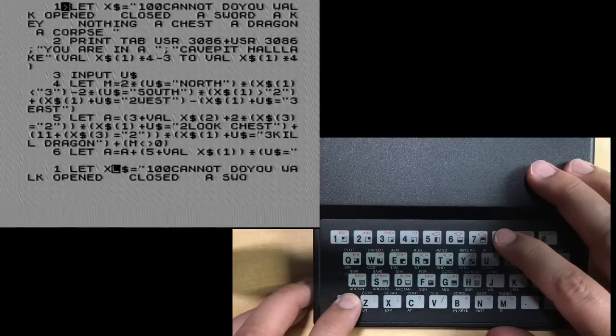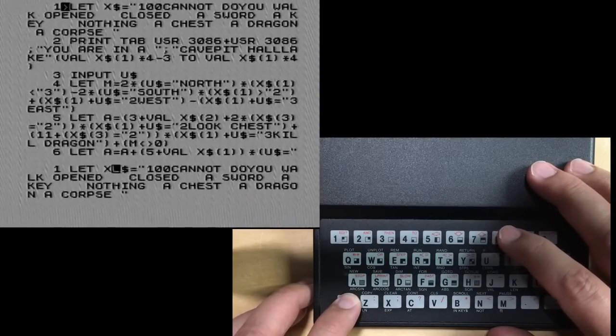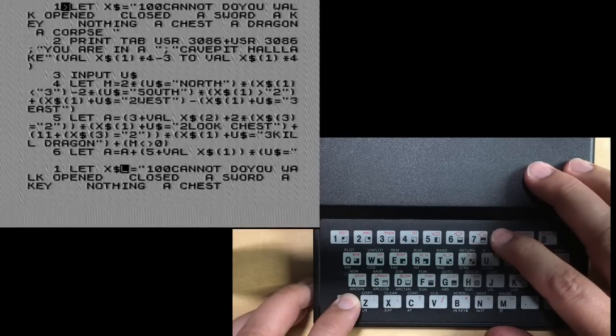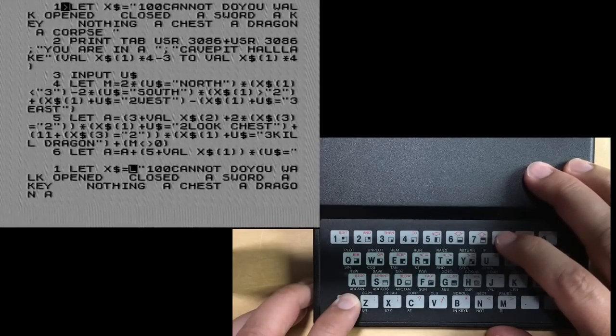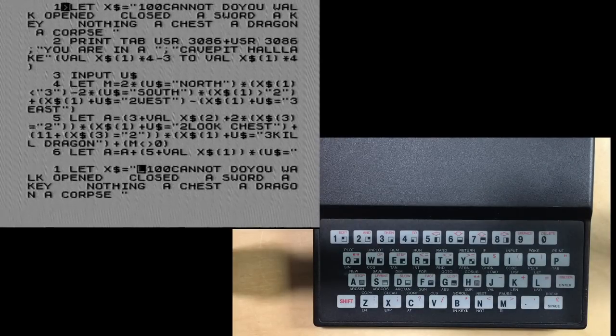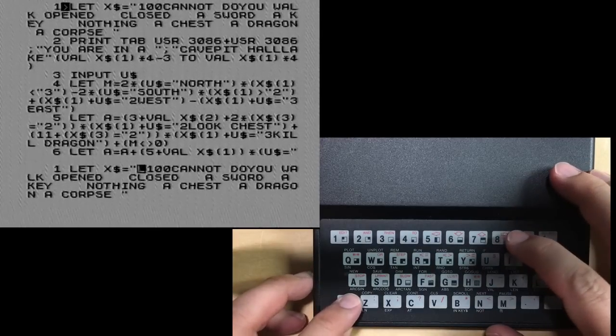Let's move over here. I'm moving that L cursor, which just says that the cursor is expecting a letter at this time. So where you see here 100, that is a string, and that's the entire state of the game. It's essentially 3 variables set to 1, 0, and 0 currently, and then all the strings of the game are packed in afterwards with cannot do,